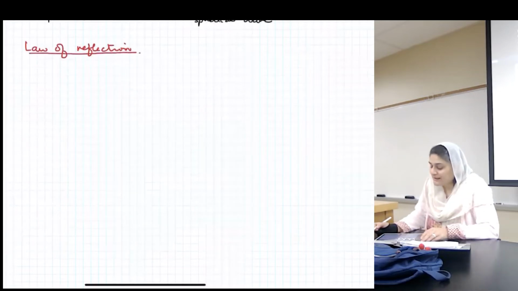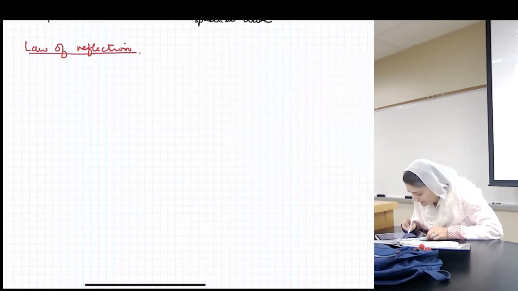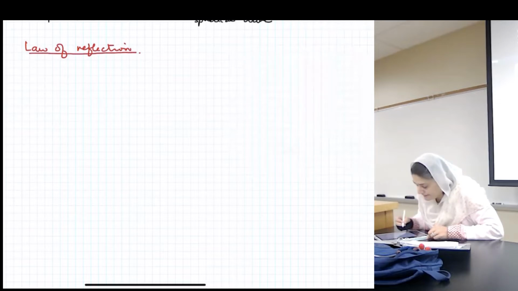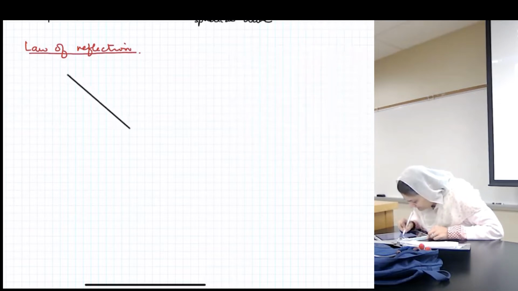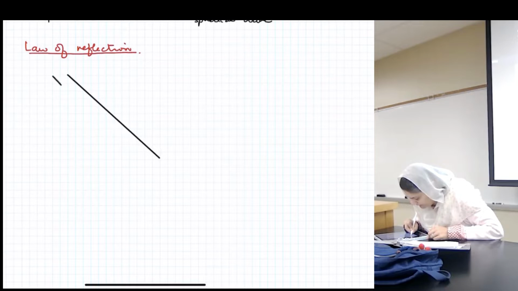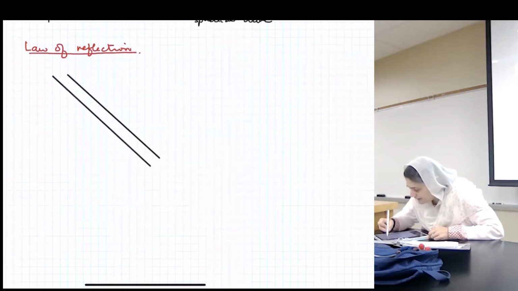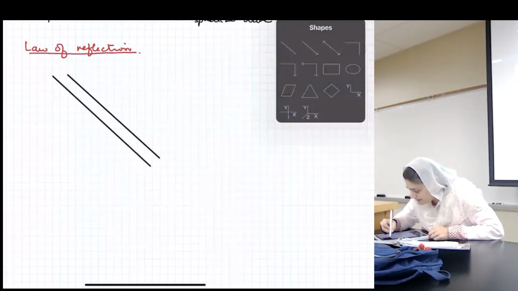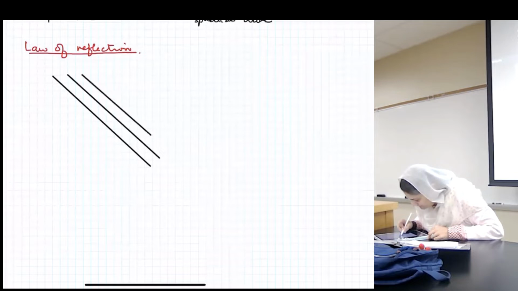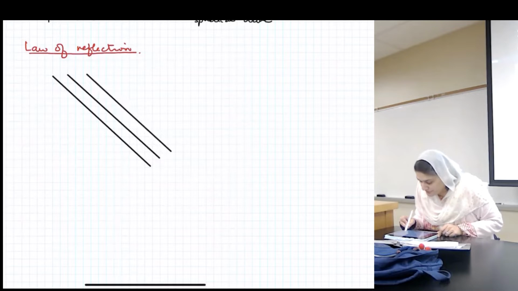So let's do the law of reflection. So he imagined that all of light's rays go like this. I'm going to try to draw them as parallel as possible. So according to Huygens,